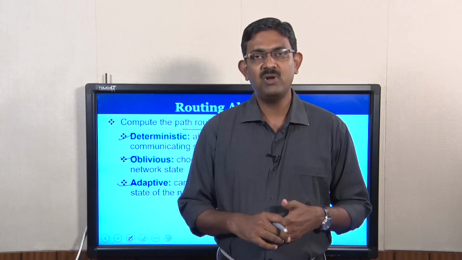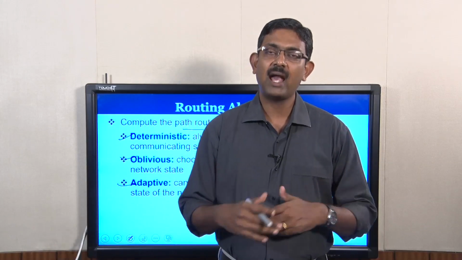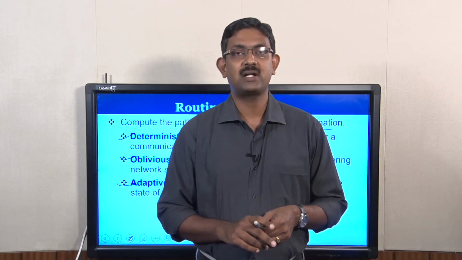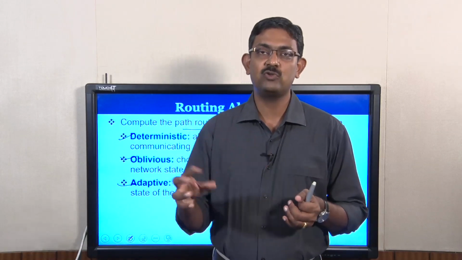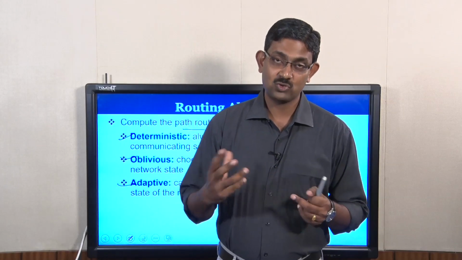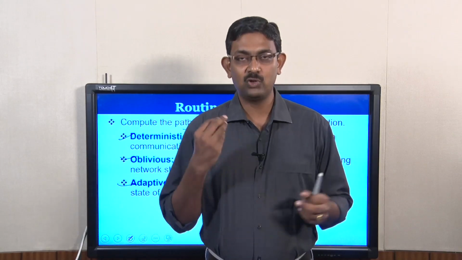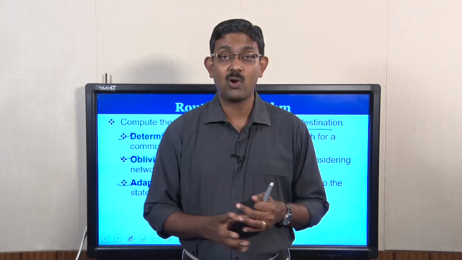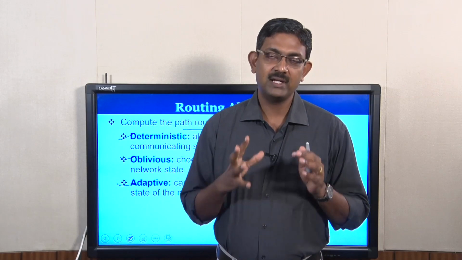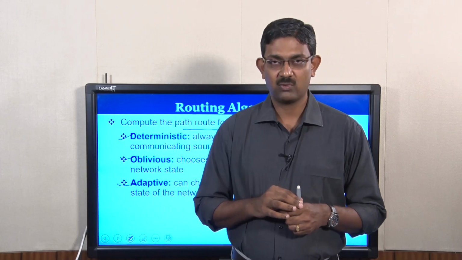The second one is called oblivious routing, where packets from A to B can take different paths, but the path choice is not based upon adaptive runtime conditions. Let us say the first packet from A to B will go through R1, route 1, the second packet goes through R2, the third packet goes through R3. So this is prefixed, R1, R2, R3 like that. But I am not deciding whether to choose R1 now or R2 now depending on some runtime input. No, the decision is completely taken based upon a random choice. That is called oblivious routing.